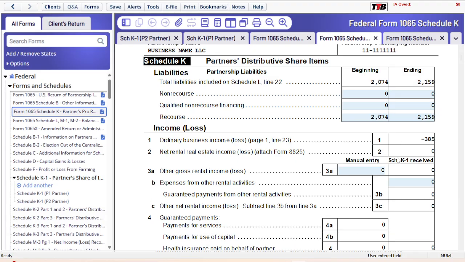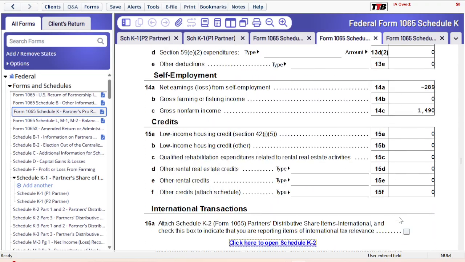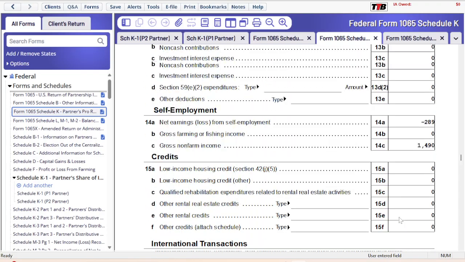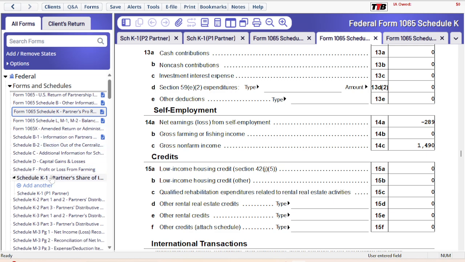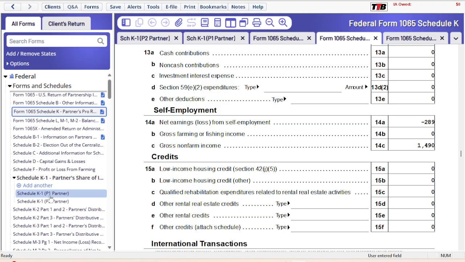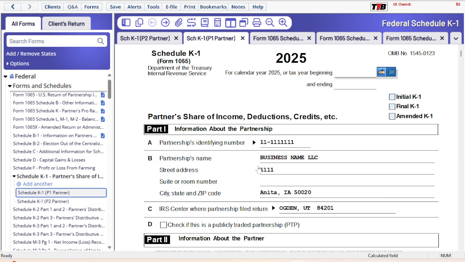But if we don't have anything on line 1 and we have things on line 2 all the way down, I don't know if it's going to include it in a self-employment income section here or not. So if it does not include it here, and all partners are passive, or at least for the partners that are passive, they are not going to pay Social Security and Medicare on their